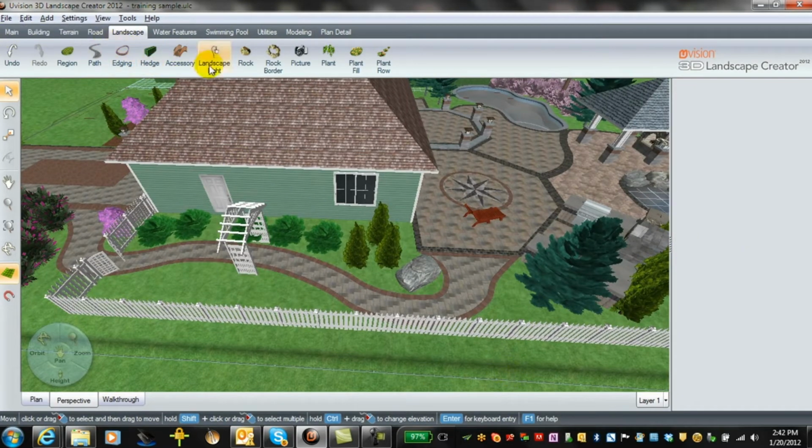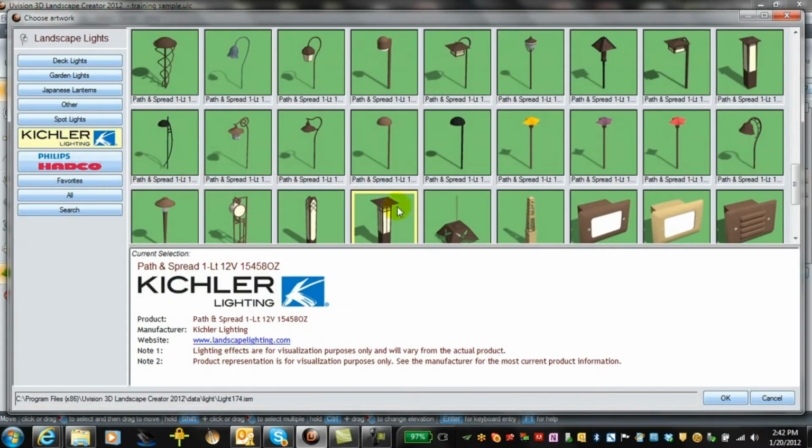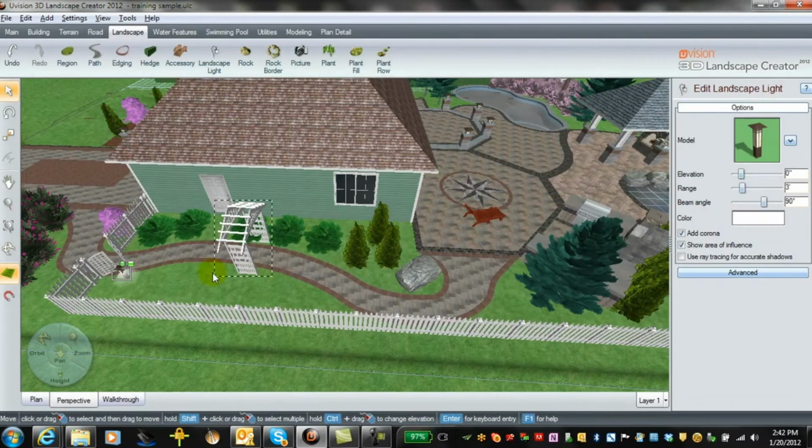And back into landscape lighting, you could go in and put these bollard lights in. There's different sorts of lights that you can put in, small lights. These will require rotation when you put them in. So I like the bollard lights are quite handy because you can put them in quickly, and it really adds